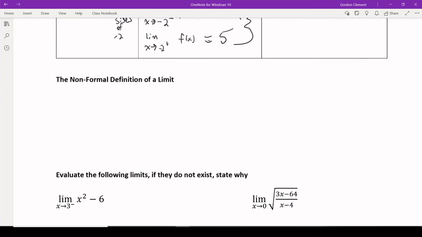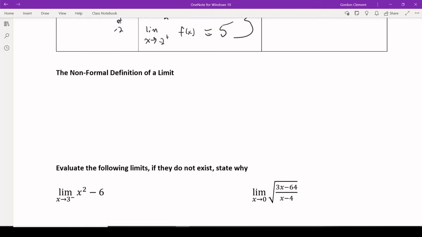All right, so I'll write this up as a non-formal definition. The formal mathematical definition of a limit is something that you might look at in first-year university, depending on which program you're in and whatnot. We only do a non-formal. I can, for funsies later, write out the formal definition if you want to see it. But the non-formal limit as x approaches a of f of x equals L if